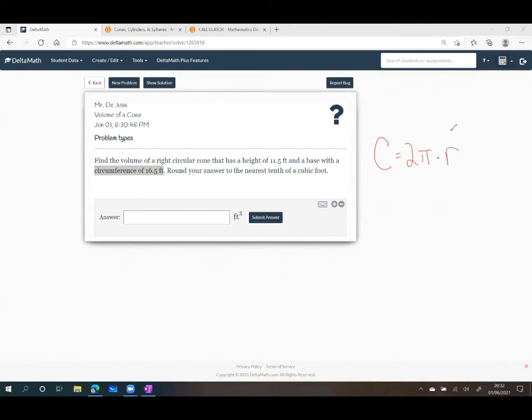Well, what do we need for the volume? r. So we can divide both sides by 2 pi. Divide both sides by 2 pi. So we need to actually divide 16.5, as that's the circumference, by 2 pi,